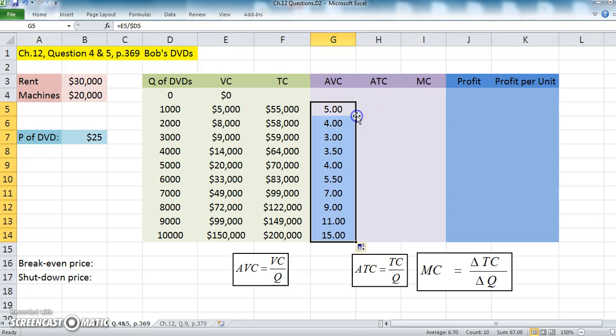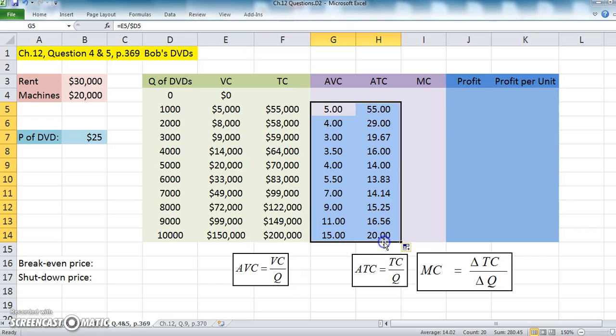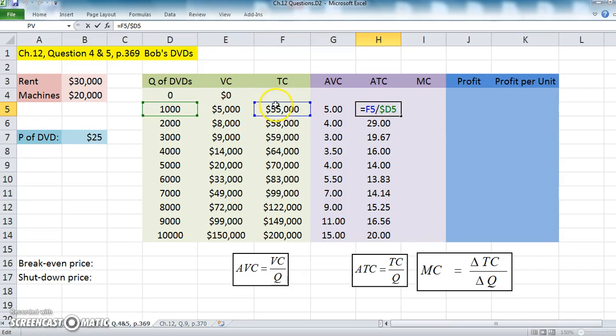And let's see if this works. Okay, and then I would have gone down, and then I would have pulled it over to total costs. Okay, and then it would have done a calculation for average total costs while moving over to the total cost column, but because I put the $ sign in front of D, it keeps on using the D column. Okay, so I didn't put the $ sign in front of the 5 because I don't want to stick to that row, but I did put the $ sign in front of the D because I want to keep on using the quantity column. Right? So this is a faster way to do the ATC, because once you enter in the equation